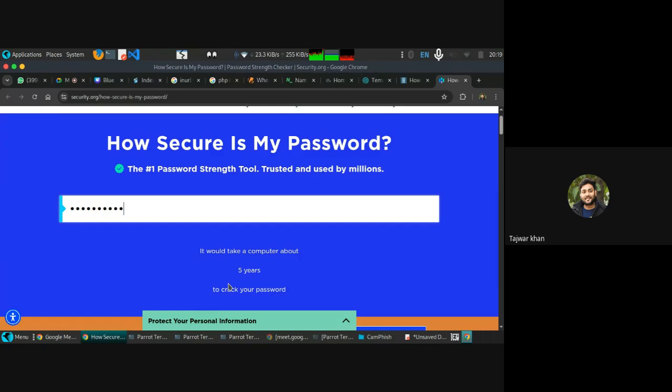I ran lots of scans and was trying my best to get the password. I started a scan at 7 p.m. in the evening, and the scan was going on. The next day in the morning, around 8 or 9, I got the password. So it took almost 10, 12 or 13 hours. Can you imagine what the password was?